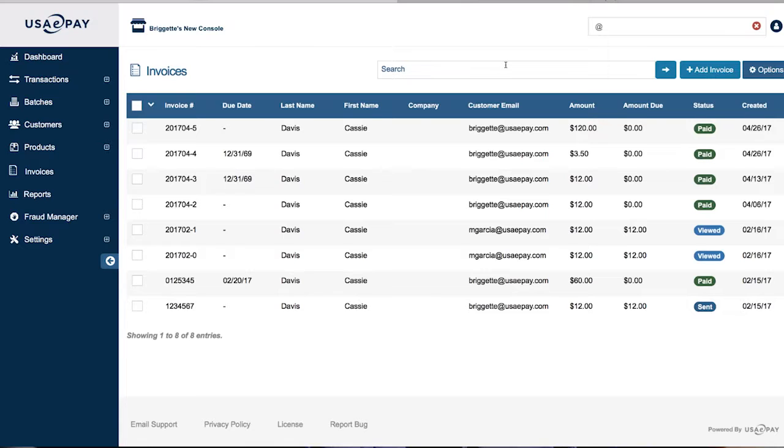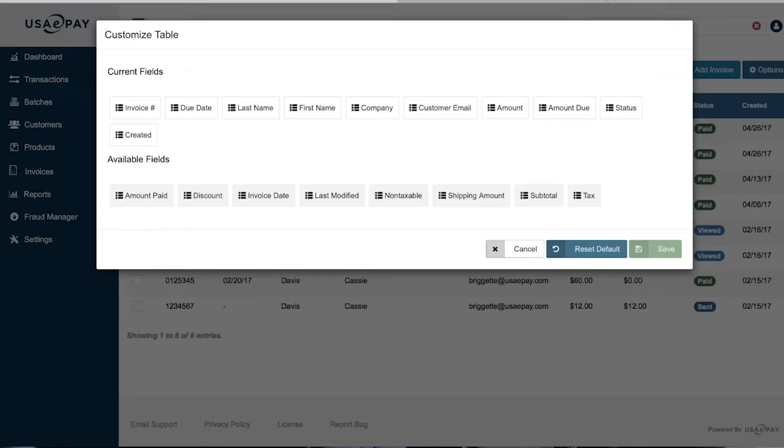I want to discuss just quickly the options button here. Notice that we have certain criteria that is by default going to display for a customer, like our invoice number, due date, last name, first name, company name, things like that. Should they want to customize these columns, it's something that they can easily do. For example, maybe